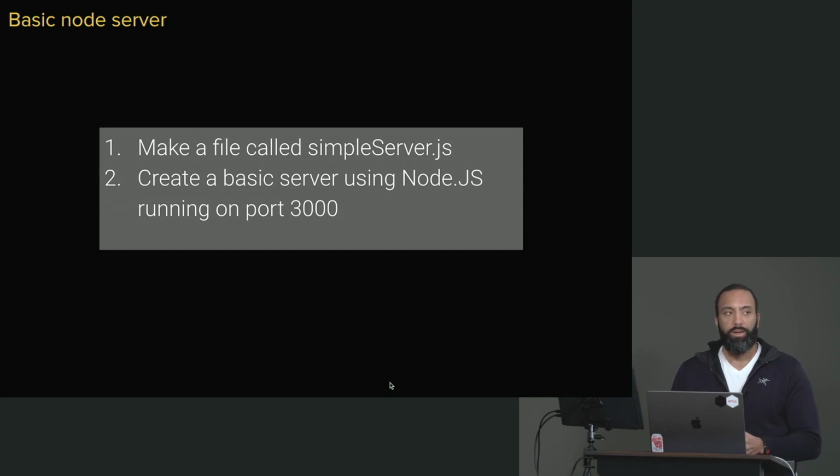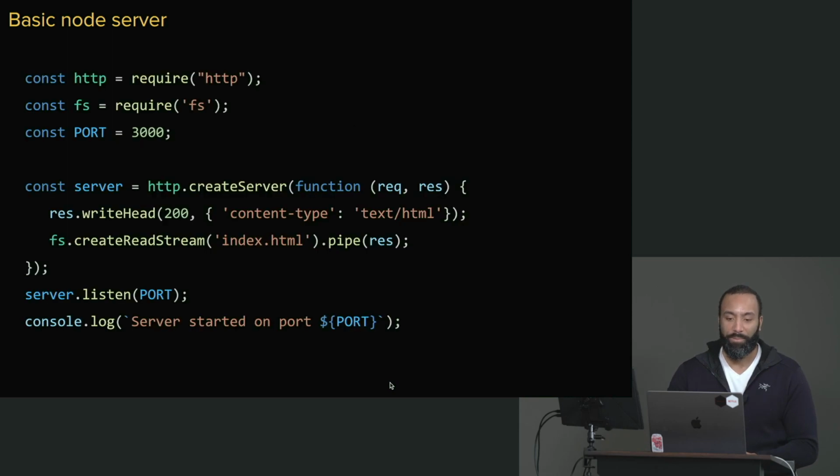So for this exercise, we're going to make a really simple server. We're even going to call it simple server. We're going to use Node.js, and it's going to be running on port 3000. And if you're like, I don't know how to make a server, Jim, don't worry. We're going to walk through this one together. I have all the code here. And this is all the code you need to create a server. Probably even less, because there's a console log in there and we don't need the port.